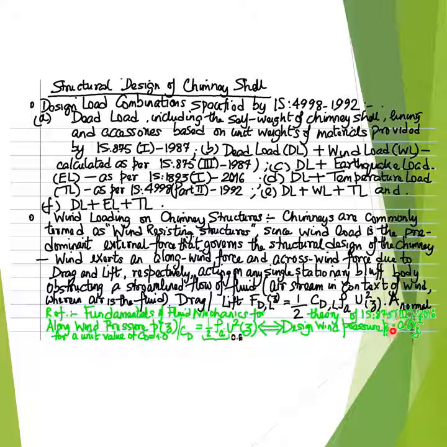at any height Z above the mean ground level as equal to 0.6 times the square of the wind speed, that is the design wind speed, Vz, at the relevant height of consideration, and the coefficient 0.6 in the design formulation for the design wind pressure in the along wind direction, Pz, is